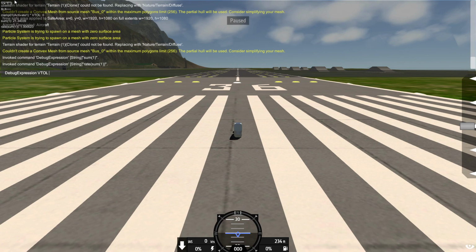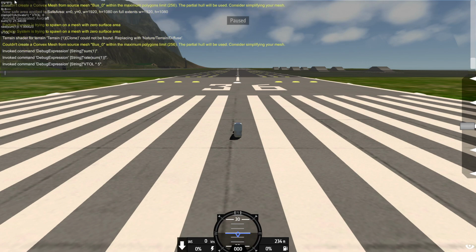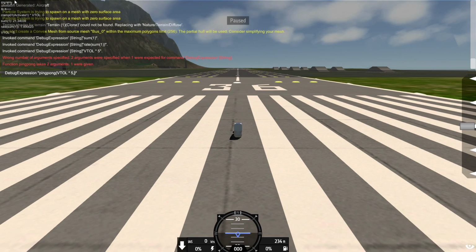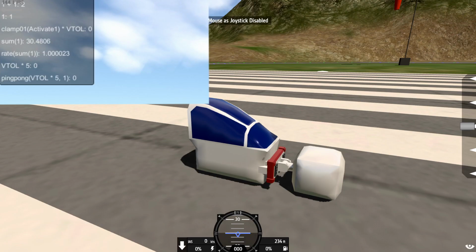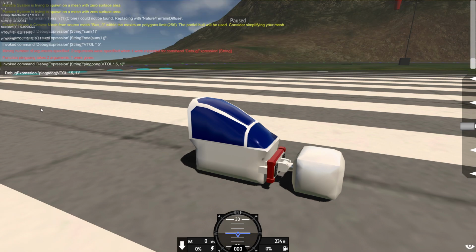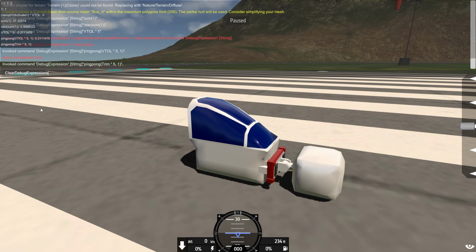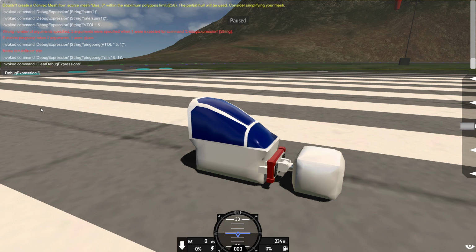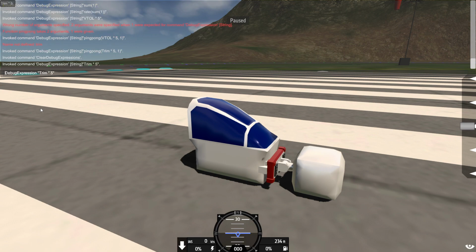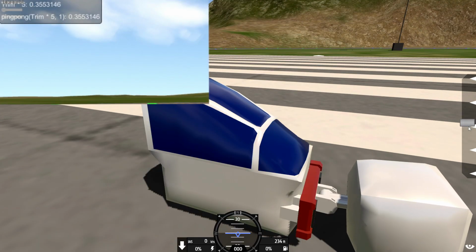Now let's just have "VTOL" times say 5, and then ping pong, let's say between 0 and 1. You can see the VTOL slider isn't showing, but I can just use my arrow keys, so actually I'll make it based on trim, so you can actually see me using the slider. Actually, let's clear everything. So, debug expression of trim times 5, and then the ping pong of that and 1. So between 0 and 1,